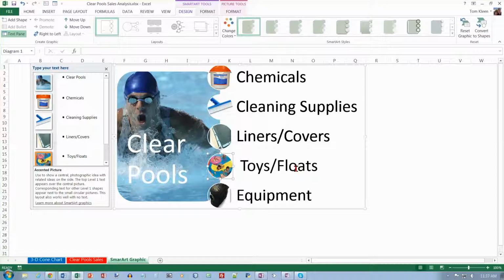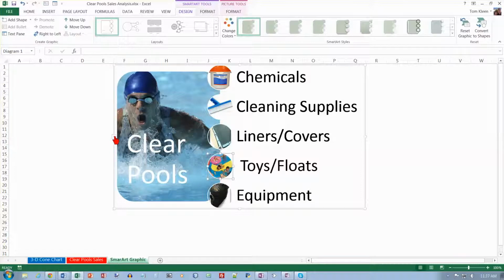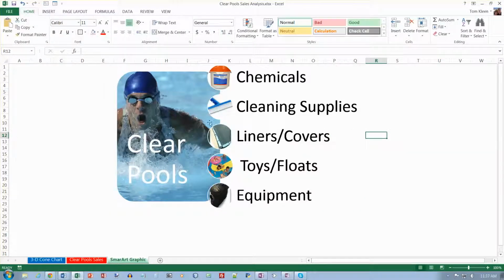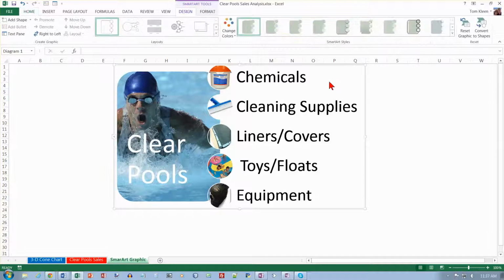And now we're on the bottom of page 457, and we want to close the text pane, so click on the little arrow there, and that'll close the text pane. And we want to go to the Smart Art Tools Design tab, which is right here. And if I deselect that picture, then I think that'll probably go away. Now let's go select Smart Art Tools, and on the Design tab